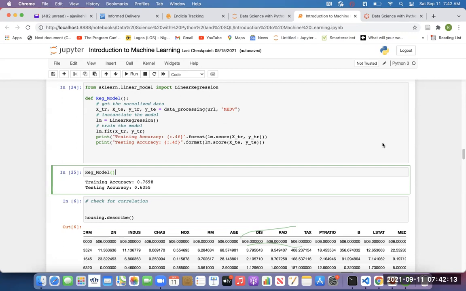Okay, so logically speaking, we can say this model overfits because the training is higher than the testing. The training is about 76%, the testing is about 63%. Since the training is doing much better than the testing, we can say that this model overfits. However, given the size of the data, we should expect this to have happened, because the data is very small.